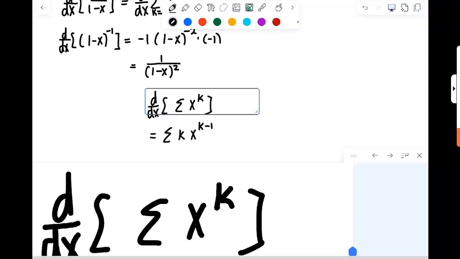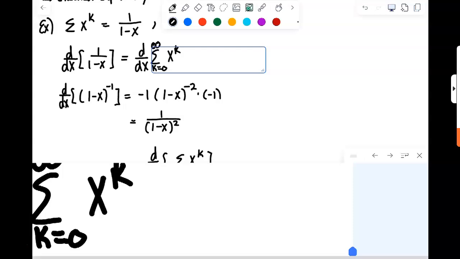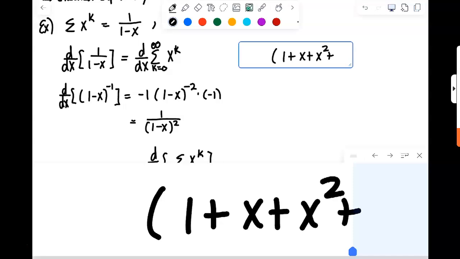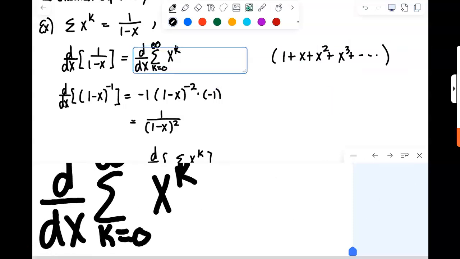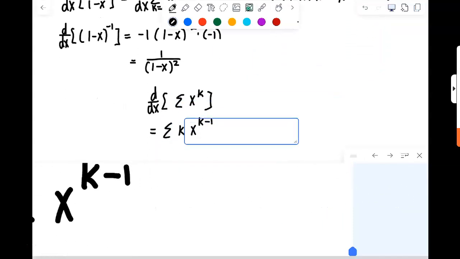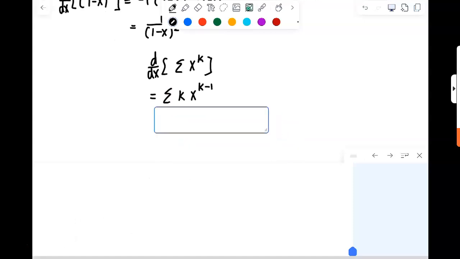Now we have to be a little careful here when we do this. The original series would have been 1 plus x plus x squared plus x cubed, and so on. That series would have started at 0. Now that I've come down to the k minus 1 series,